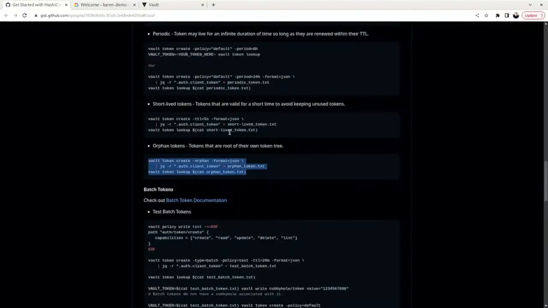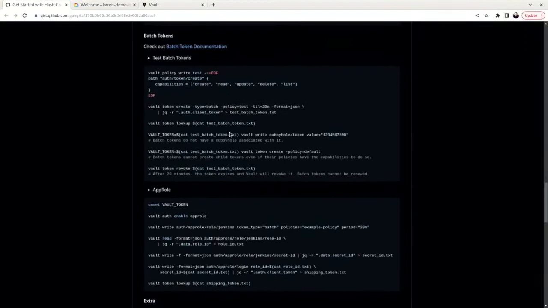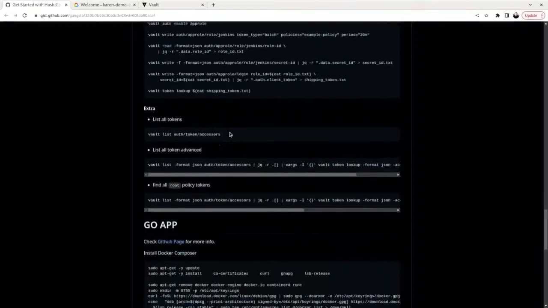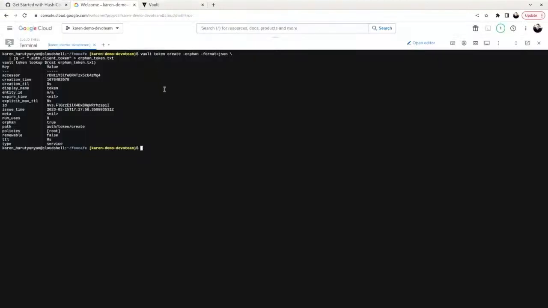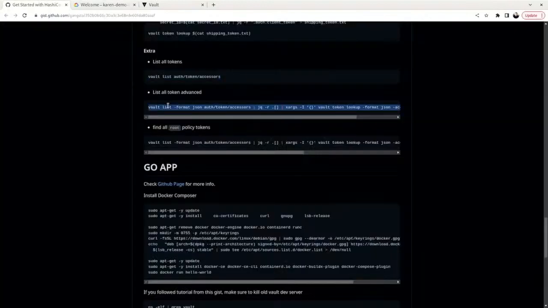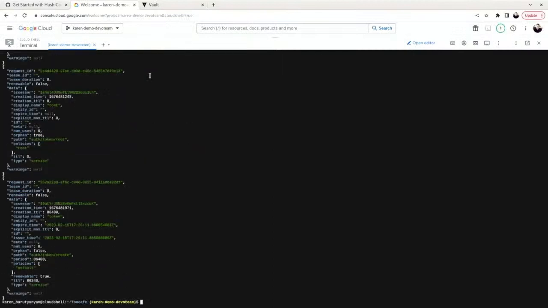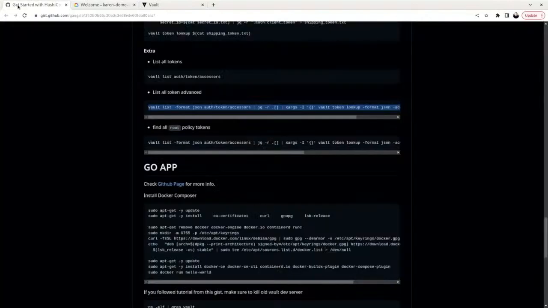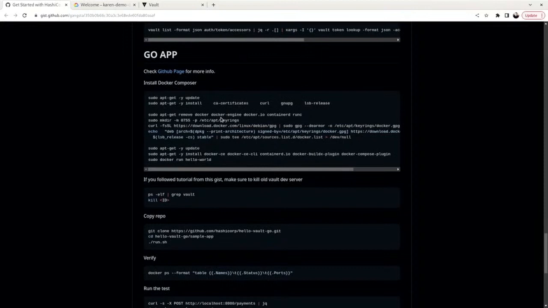So, last thing I want to do is to also show you a little bit about the batch tokens, but this we will send to you as a homework because we are a little bit behind on time. But what I'm going to show you is a question like, hey, how can I see my Vault access tokens? So I have created a bunch of tokens. How do I access them? So this is the way you can do, and a little bit more human readable one. So you can actually get back information, what it is, what token is it, what policies it applies, and etc.